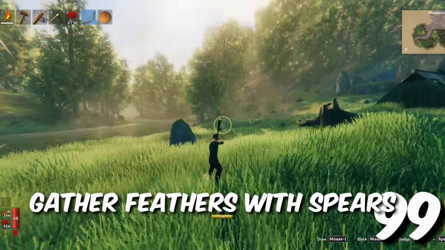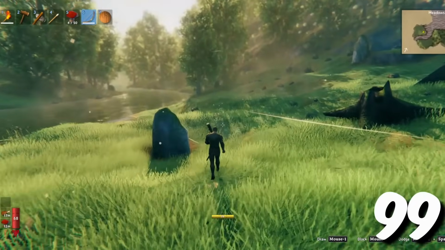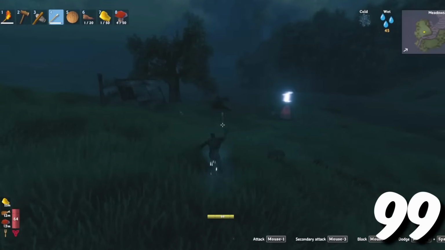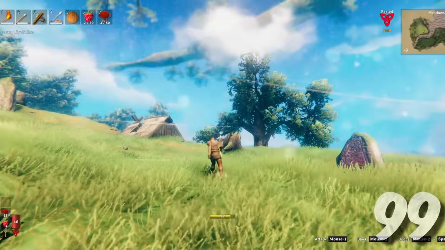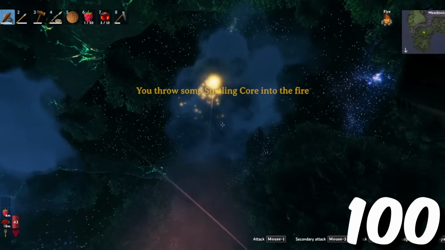Arrows require a ton of feathers. The best way to get feathers is by shooting birds with, well, arrows. But you don't want to spend your arrows to craft more arrows, right? Instead, snipe birds with either the secondary attack of your spear, or better yet, the abyssal harpoon. If you are planning a party in Valheim, grab some surtling cores and place them in your fire for some